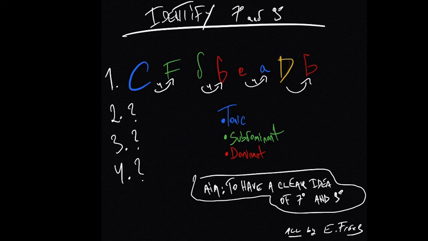So, hello people, here is Emanuel, and I want you today to identify the seventh and the ninth of the chords. The easiest way to do this is to understand the melodical context of the harmonizations of melodies and of melodical lines. Okay, and I will play first the three main chord types of this exercise,